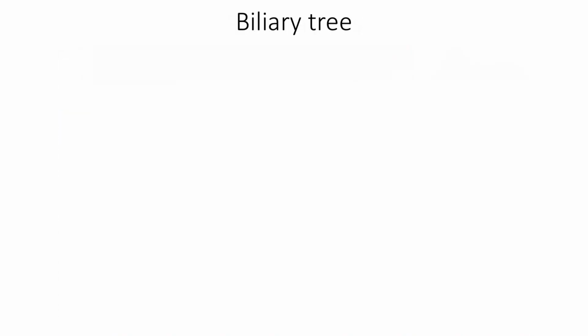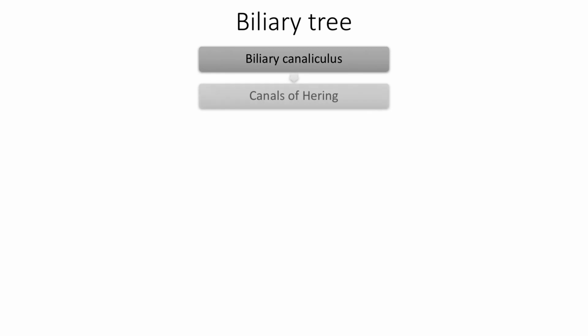Let us now consider the pathway of the bile. Bile is synthesized by hepatocytes and is secreted into biliary canaliculus, which is formed by opposing grooved plasma membranes of the adjacent hepatocytes. Bile is then drained into intralobular canals of Hering, which are lined by both hepatocytes as well as cholangiocytes. Canals of Hering drain the bile into periportal biliary ductules, which are exclusively lined by short cholangiocytes with apical microvilli. Biliary ductules then drain into interlobular bile ducts,